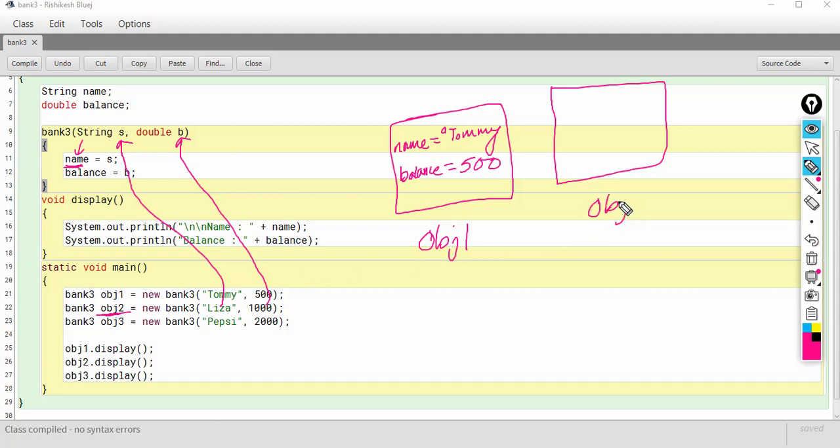So obj2's name will store Lisa this time, and the balance instance variable of obj2 will store 1000. Then obj3 is created.